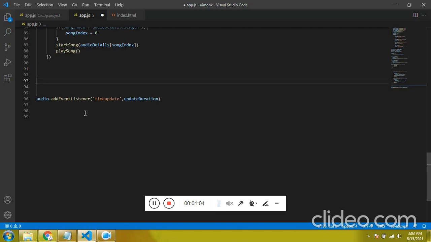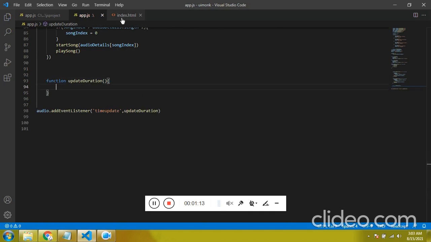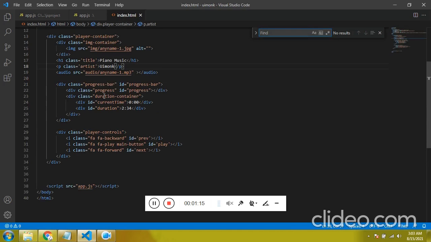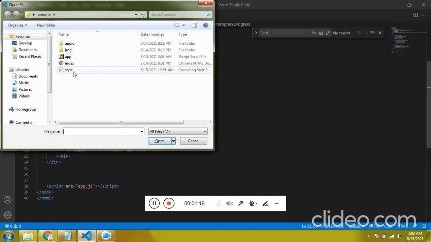So not only duration, we are going to change the progress bar as well. So the progress bar is getting changed because of the progress ID. So let's open the CSS.